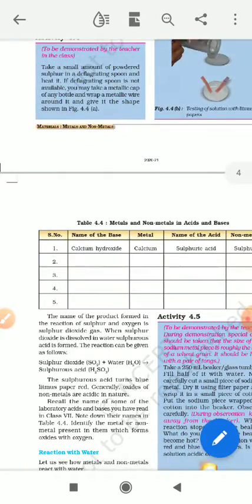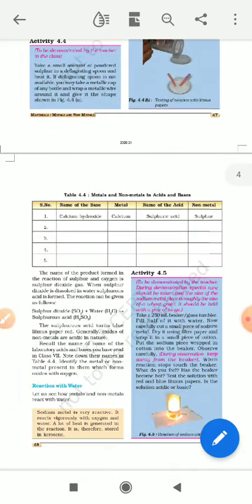So today I am giving you one homework. Clear? If it is possible, just fill in this table and send it to me in the group. If you do not get it, don't panic, but try to do it once again. Write some base names, or for a base you have to identify metal or non-metal, or the name of the acid or non-metal. Clear? This you have to do.